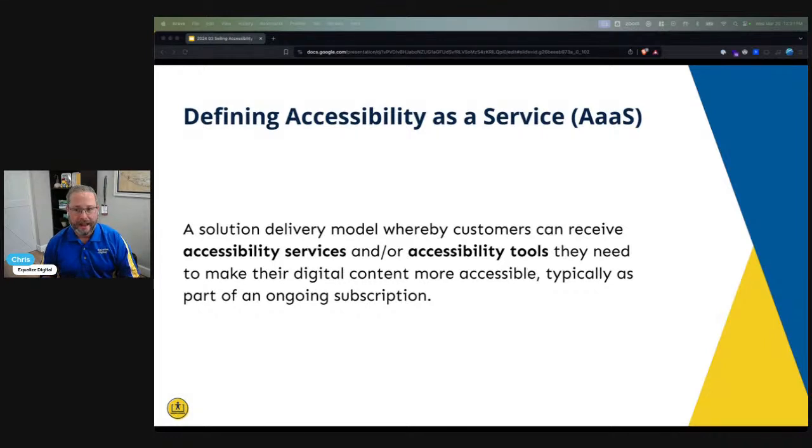Or maybe it's adding automated accessibility scanning to maintenance plans. There are a number of different products out there that offer automated accessibility scans, some of which I will talk about in today's presentation. And this is a very cost effective, at times, way to start to introduce your customers to the concept of accessibility, particularly those on maintenance plans.